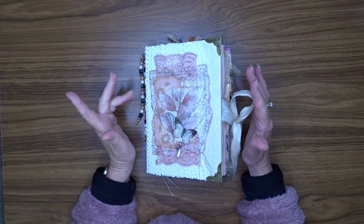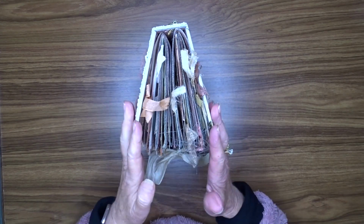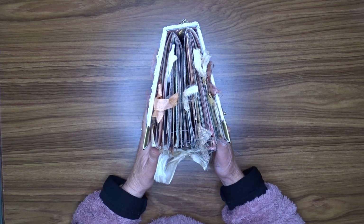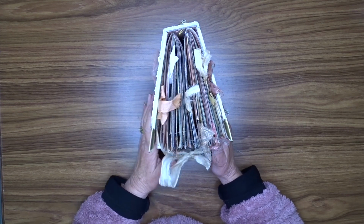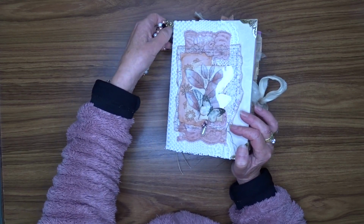I've been making this journal over the last few months, and as you can see it's quite fat and very gator mouth. I'm going to have a flip through of it now, and then after, when I get to the end, I'll tell you how you can enter to win this